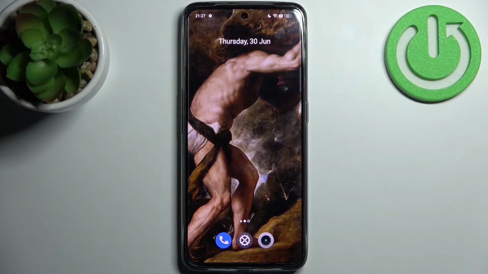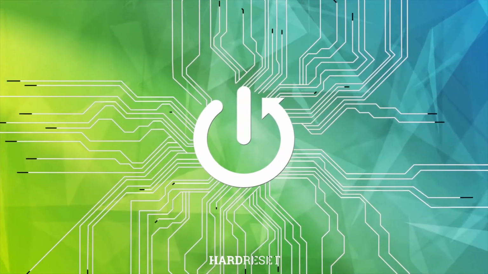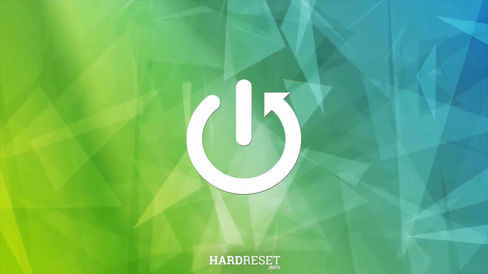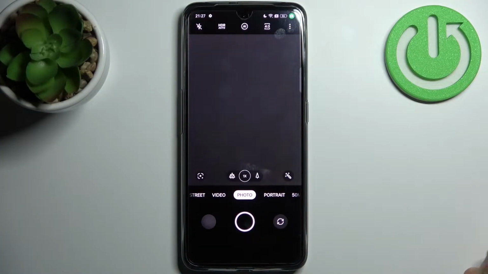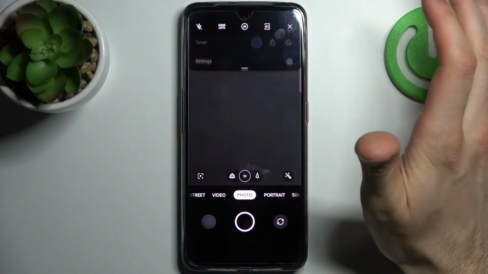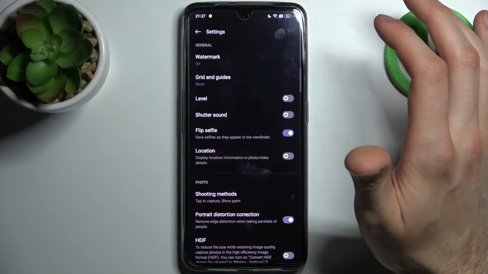Here I have Realme GT Neo 3, and today I'm going to show you how to set custom watermark in camera on this device. So firstly you have to open camera, of course, tap on three dots, go to its settings, and then go